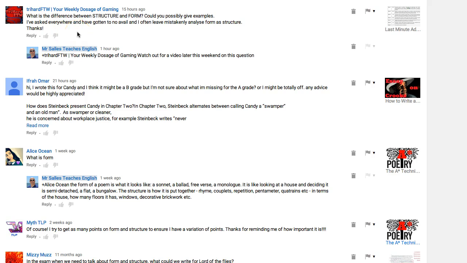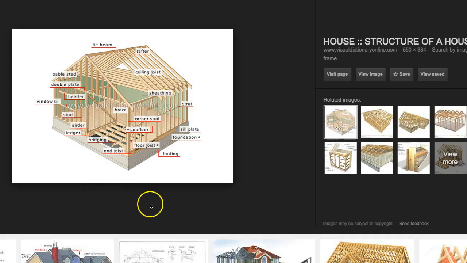So yeah, I'm going to deal with this using poetry, but I'll try and also make it relevant to novels and other texts for you. Well, one of the best analogies was given to me by a head of English at my school, and she teaches her students this, and I've stolen it as an idea. So, if you imagine a house, the